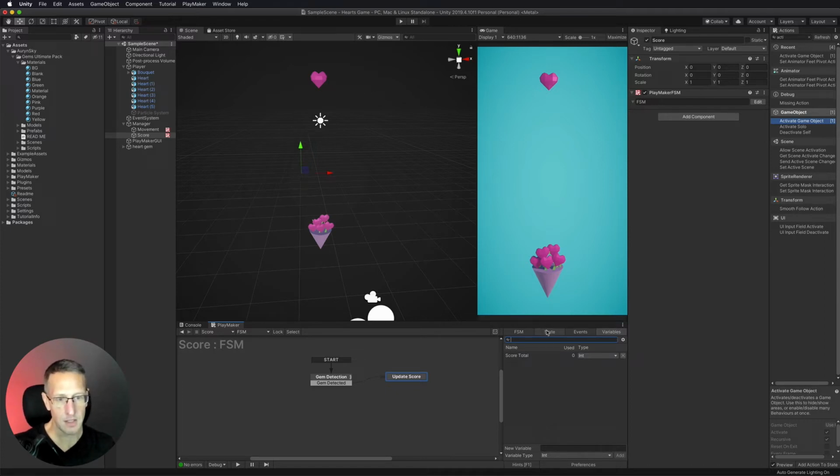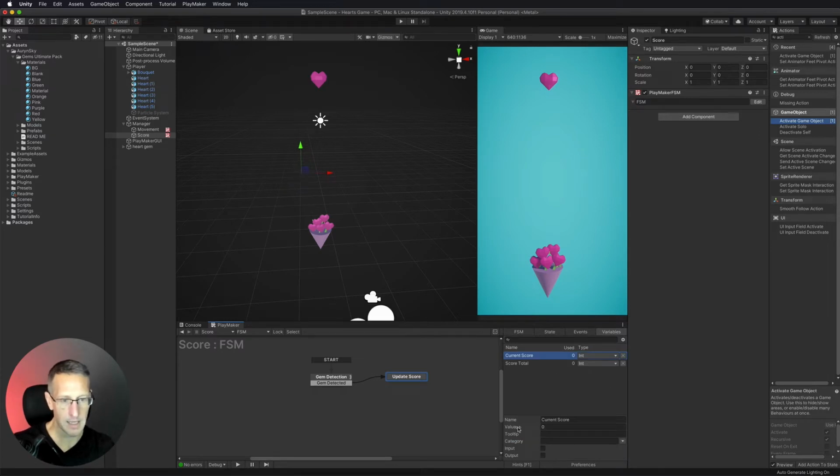And I think what I need to do is to have this be a specific number. So let's just specify what that number is. Let's just go ahead and say 20. So we need to gather 20 gems to have it be level complete. I need to create a new variable that's going to say how many gems have we collected. So let's create another variable that's also an int. And we'll have this be current score.